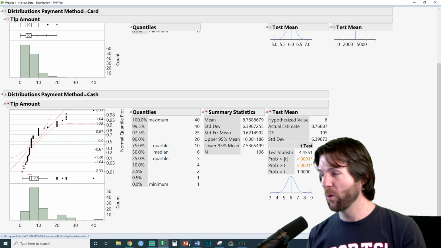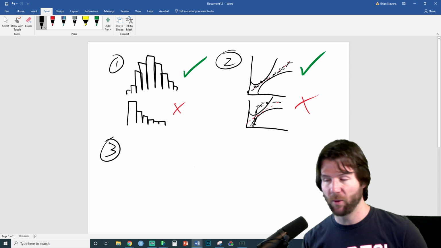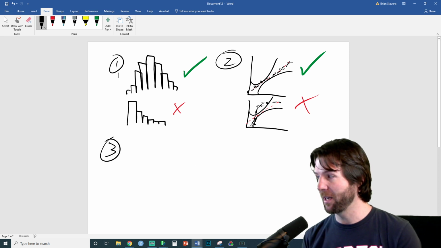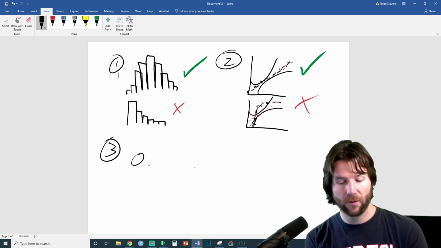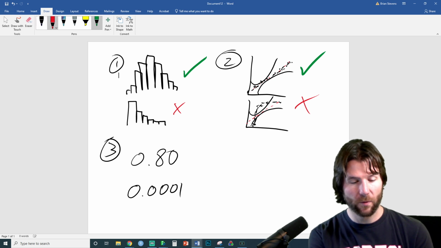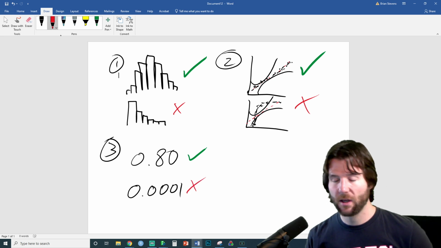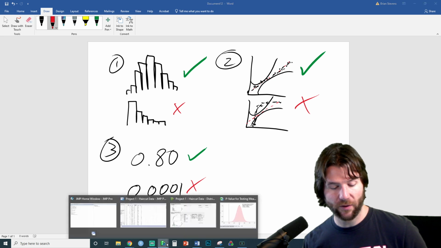So conditions 1 and 4 are going to be very important, and I will explain why. That's the way of checking 1 and 4. The way of checking number 3 is to look at the p-value. The p-value for this one is going to be very high, and the p-value for the second one is going to be very low. But once again, wait till I get to way 4, and you'll see why everything all of a sudden changes. So the bottom one is a low p-value.